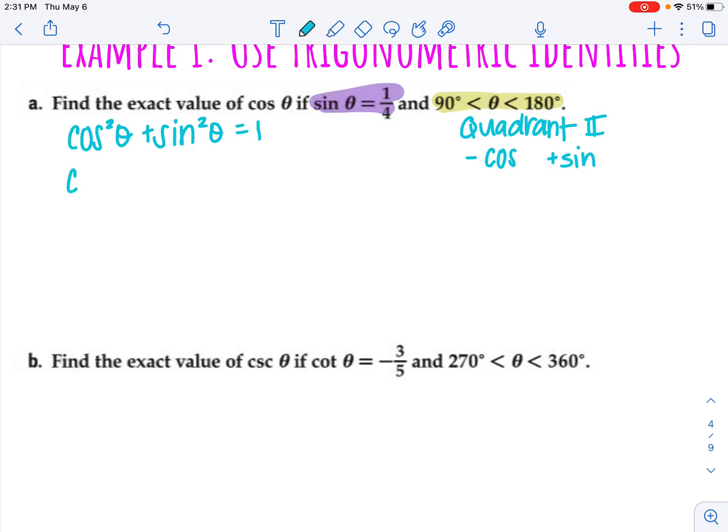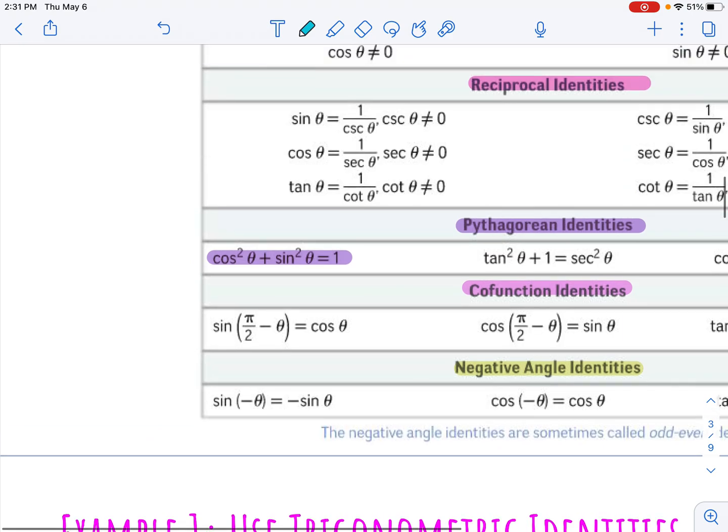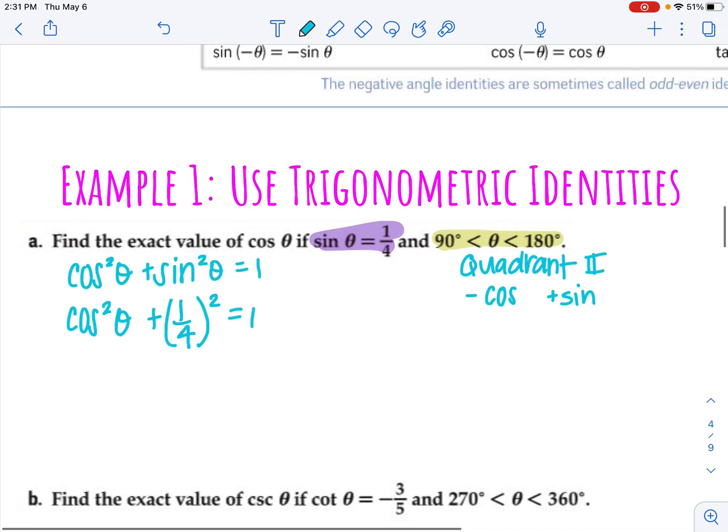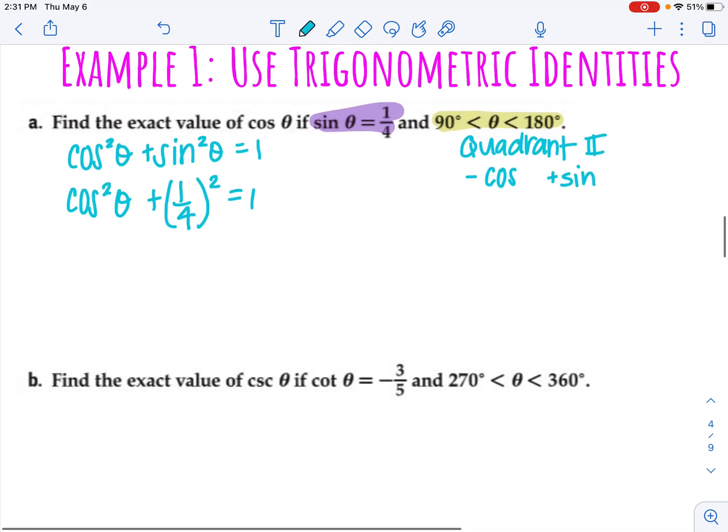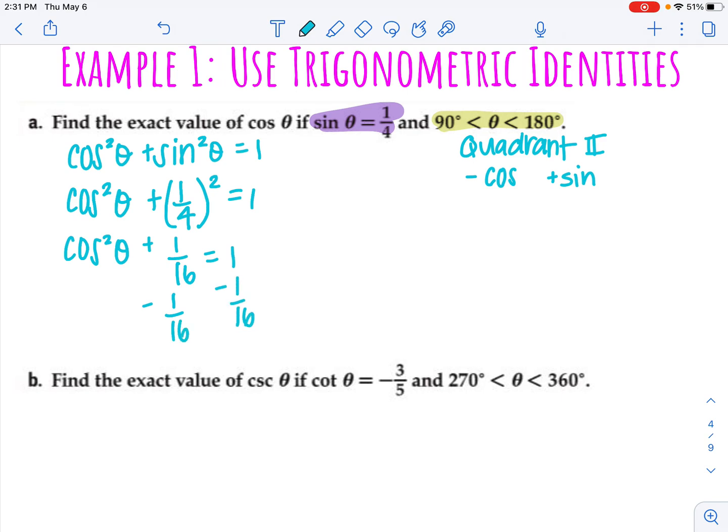So if we know sine of theta is 1/4, we know that cosine squared of theta plus 1/4 squared equals 1. So we will say that cosine squared of theta plus 1/16 is equal to 1. Subtract 1/16,